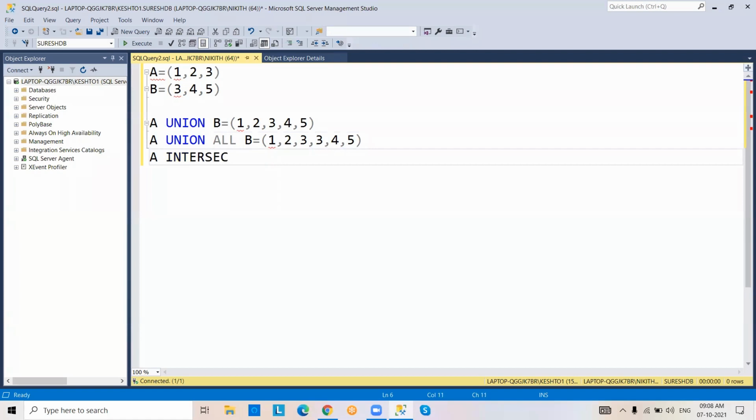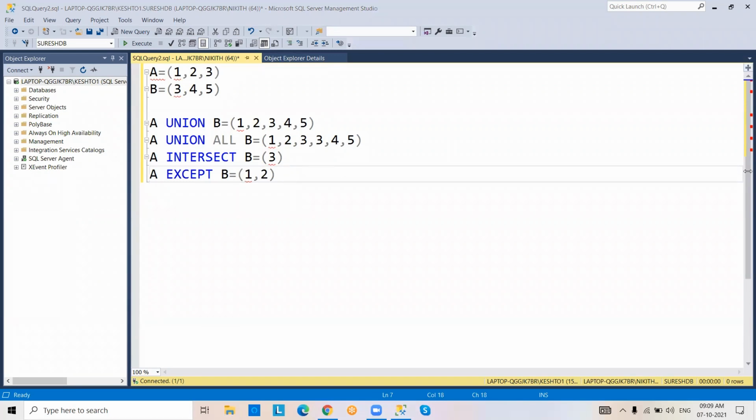Next, intersect operator. Intersect means only common data. Next scenario, except. Except means minus operator. 1, 2, 3 minus 3, 4, 5. Common data cancels.